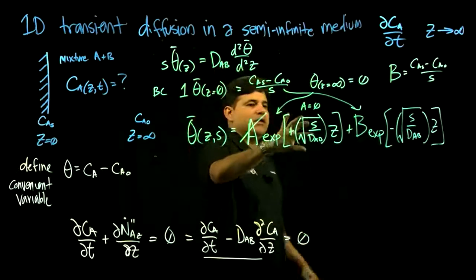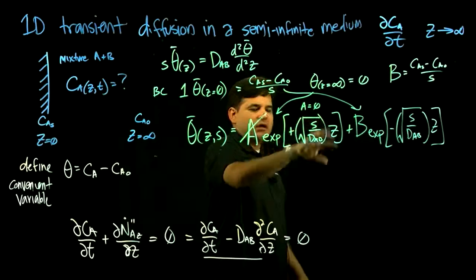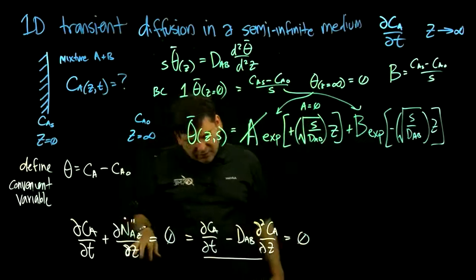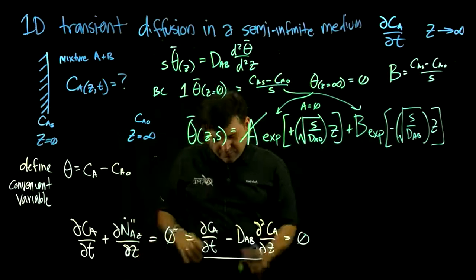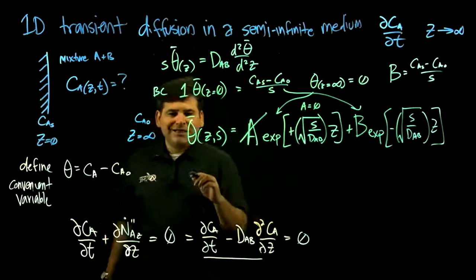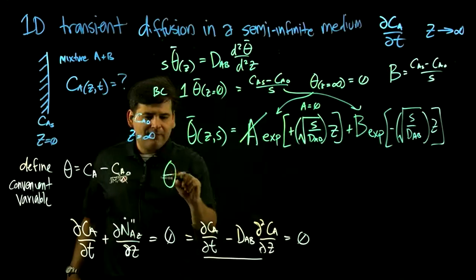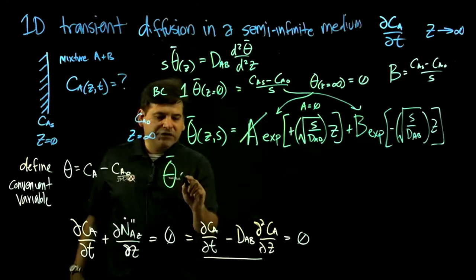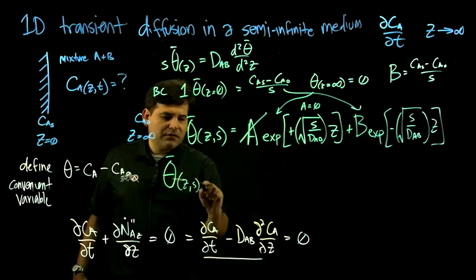So this is the general solution to this differential equation. Applying these boundary conditions gives you a more specific one. So the solution in S space, applying these boundary conditions, is